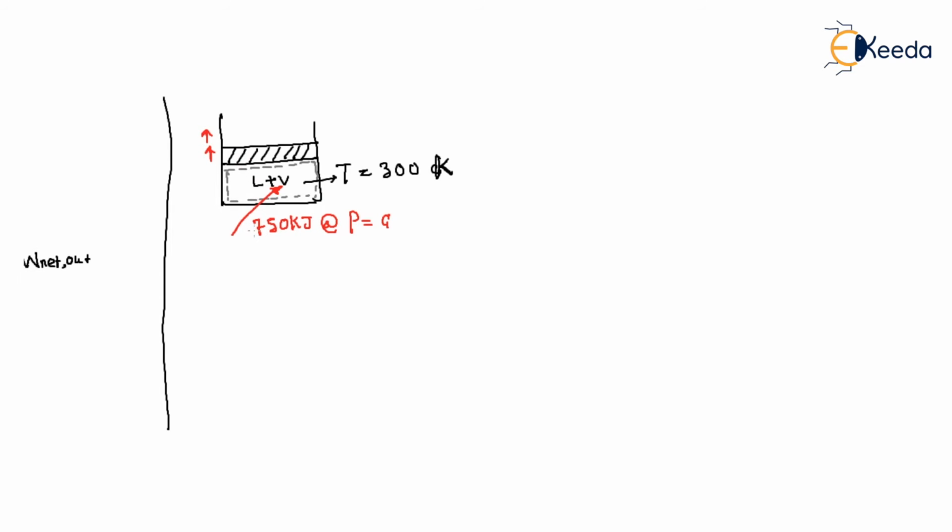Now as a result, part of the liquid in the cylinder is vaporized. That means a part of the liquid will vaporize, so it is a two phase region. Determine the entropy change of the water during the process. Determine the entropy change of the system. So delta S for the system is what? And mind it, the system is in the two phase region. What is the system? The system is two phase, right?